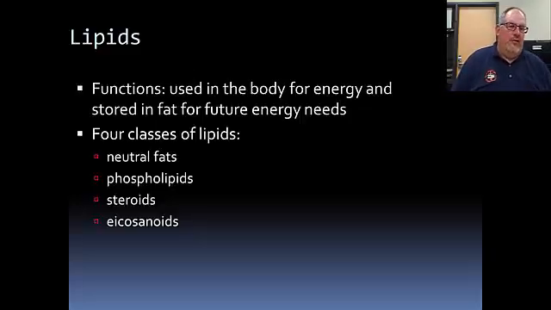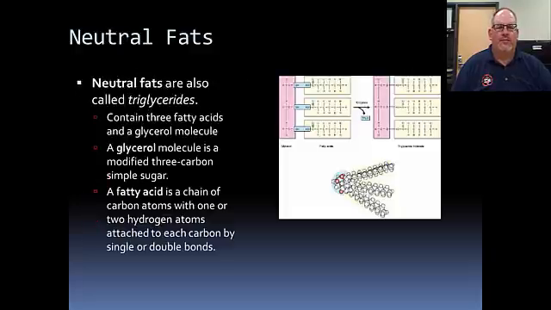These are used as energy storage for the body, and a lot of times these lipids can easily be broken back down into things like glucose and fructose for the body to use. They're used for insulation of the body. They're used for protection and padding, and they're also used as chemical messengers. They help to make up cell membranes, and they're used in the inflammatory response of the body.